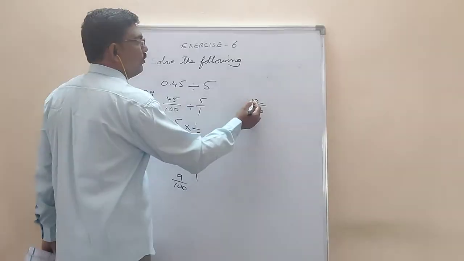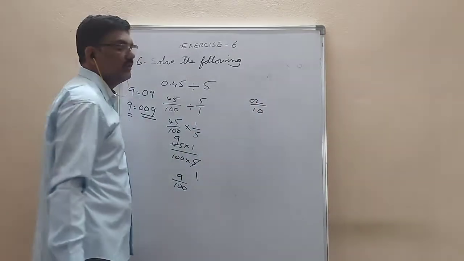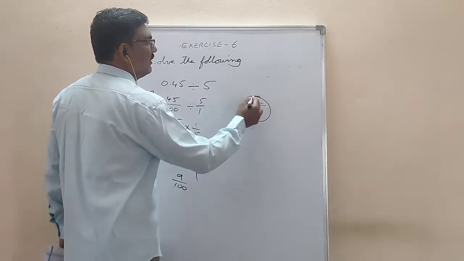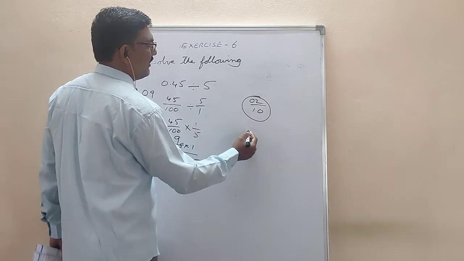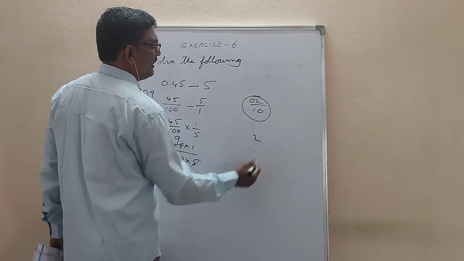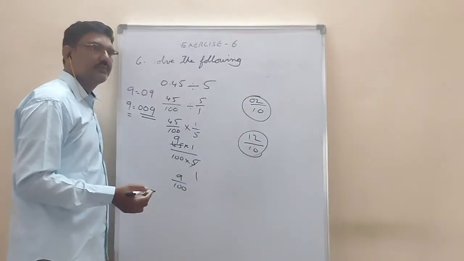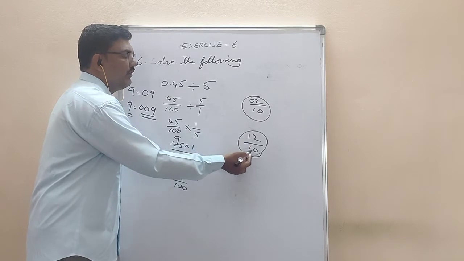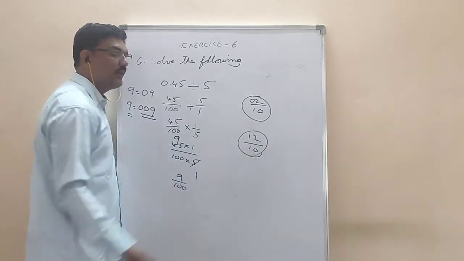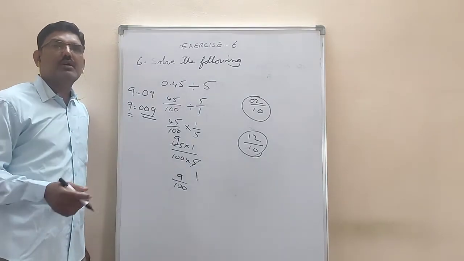See, in mathematics marks, maybe in your previous class they will give 2 by 10. So instead of 2, what they will do is 02 by 10. They will give like this, because some students are very intelligent. If 2 is there, they will keep 1 and write 12 by 10. But the exam is only conducted for 10. How will you get 12? So 12 by 10 is wrong.